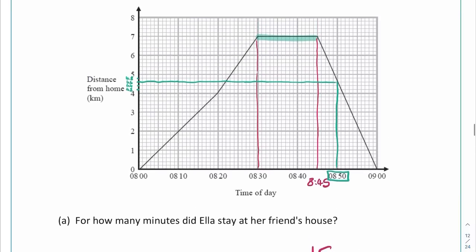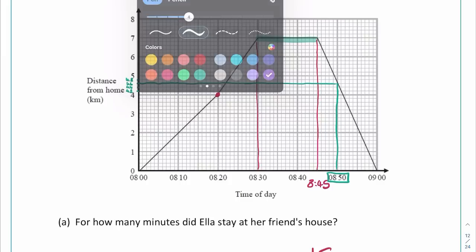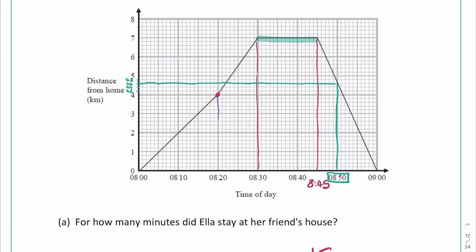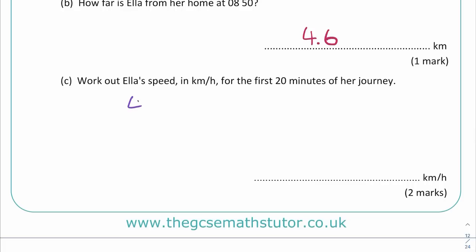Well, let's have a look. So the first 20 minutes goes from 8 to 8:20, takes us to this point just here. Let's do this in another colour. So in terms of that, she's gone 20 minutes in time, and in terms of distance, she has gone 4 kilometres. So 4 kilometres in 20 minutes. Let's just write that down here. 4 kilometres is equal to 20